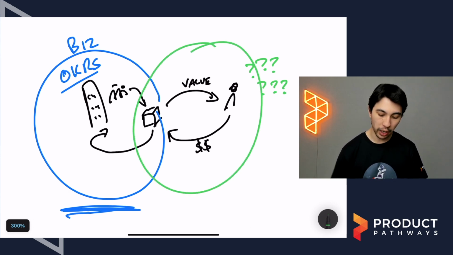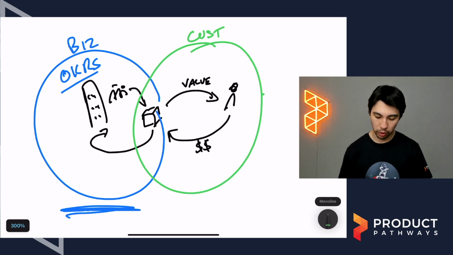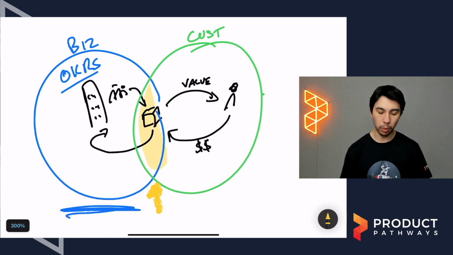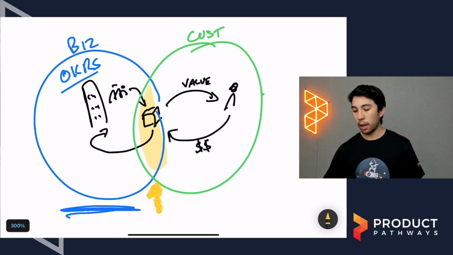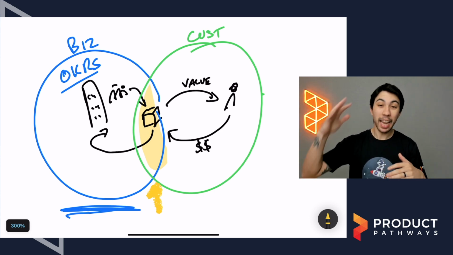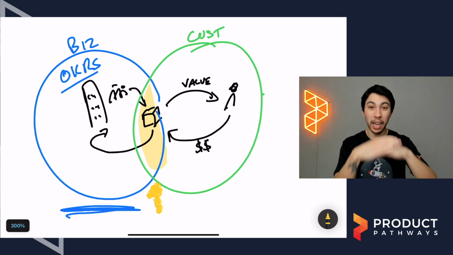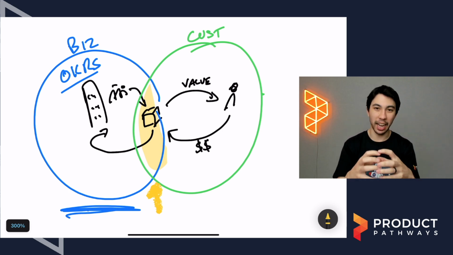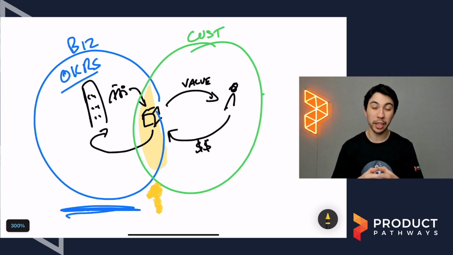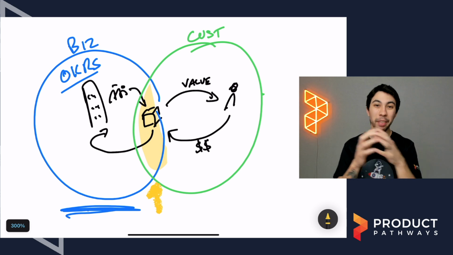So we also have the customer, or the market, or your users, whatever term you want to use here. And what we need to do is make sure that we are focusing in this intersect, right? This intersect is super important. This is where we need to be thinking about both. What business impact do we want to have? And then what customer impact outcomes align with that business outcome? And we need to target that. That is where good product is going to happen. That is what good OKRs look like. Good OKRs consider both the business and the customer.